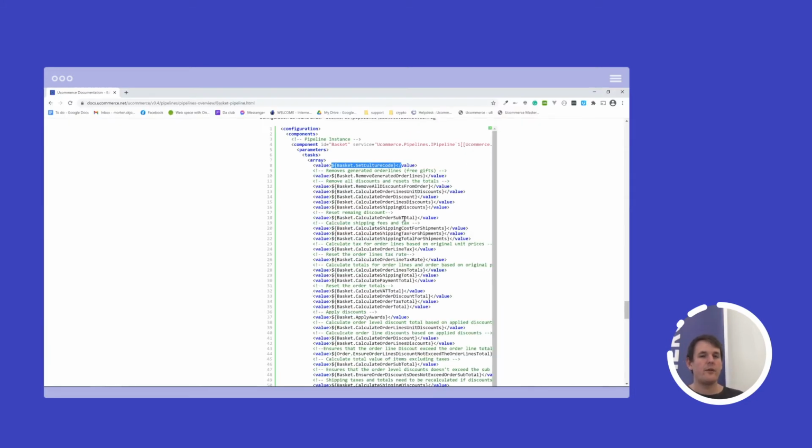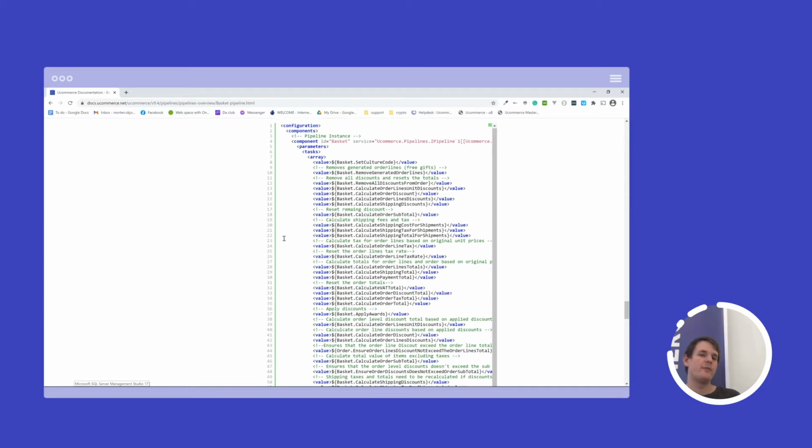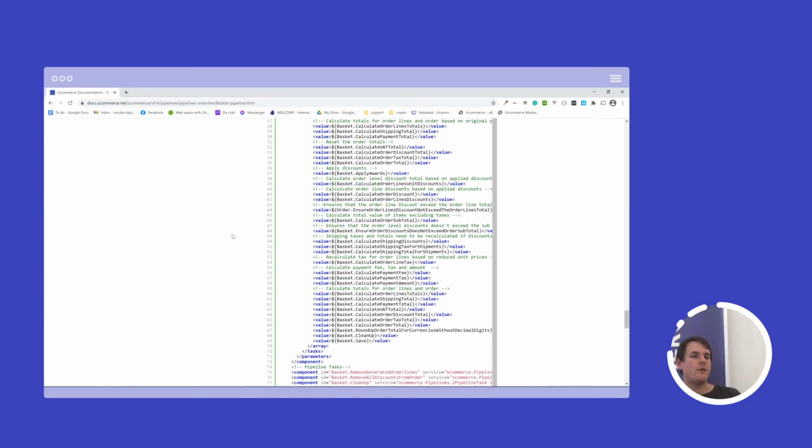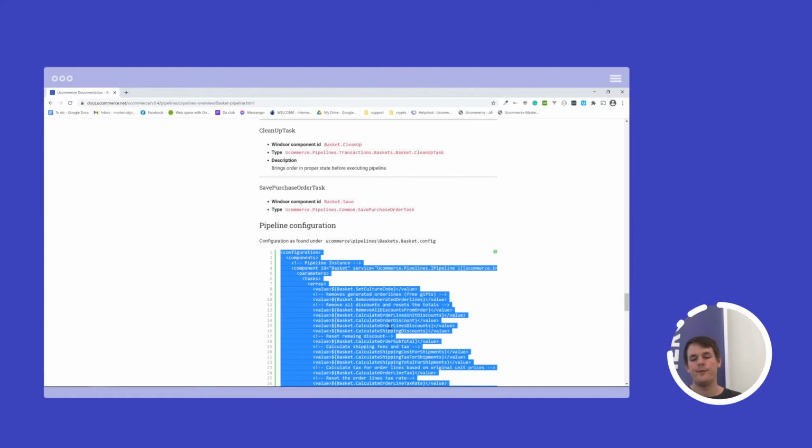So let's go back to the configuration and take a look at another example, because the responsibility for the basket pipeline is basically to ensure that every time you modify the basket, the order total is up to date.